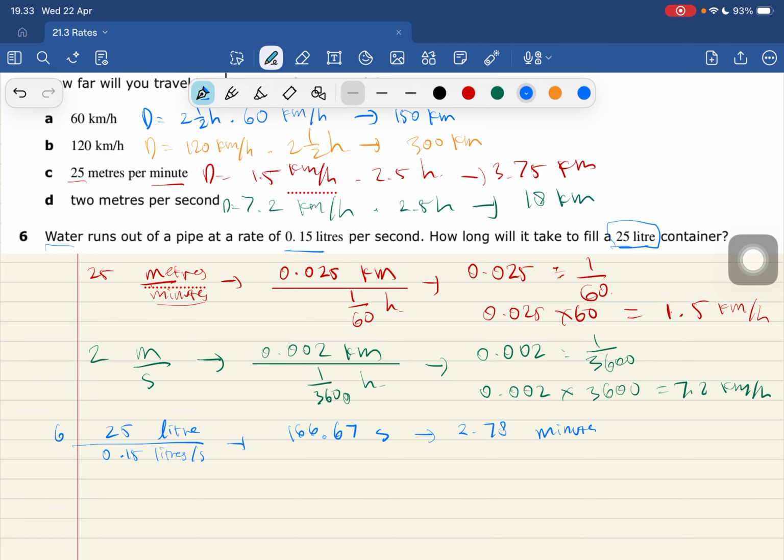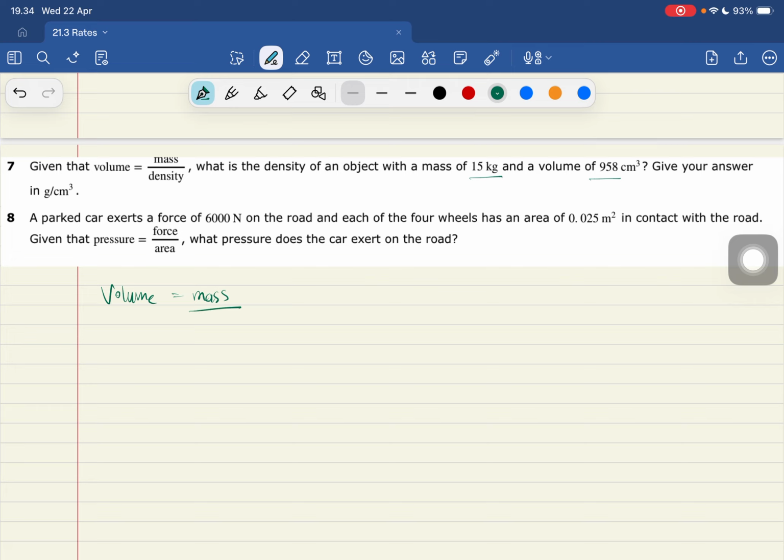Okay, 7. This is given that the volume is mass divided by the density. Okay, the mass is 15 kilogram. And then the volume. Okay, what is the density? So if this is the volume, it is mass divided by density. So the density equal to mass, we divide by the volume. So the mass we got from here is 15 kilogram. Then we divide by